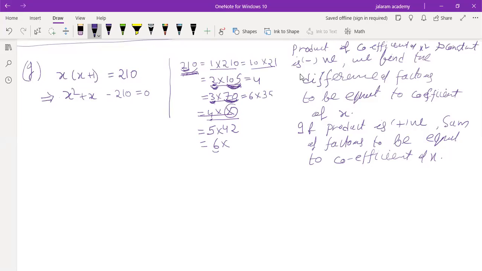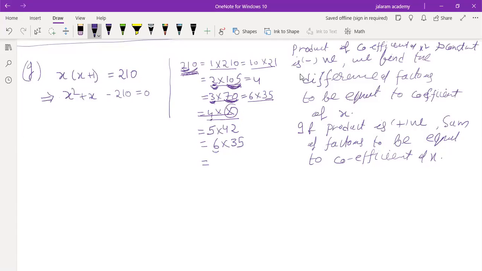35. And if you divide 210 directly by 6, then it is also easier. So 6 3s are 18. Remainder is 21 minus 18, 3. So 30. 6 5s are 30. Difference is still not 1. Is that clear to you?